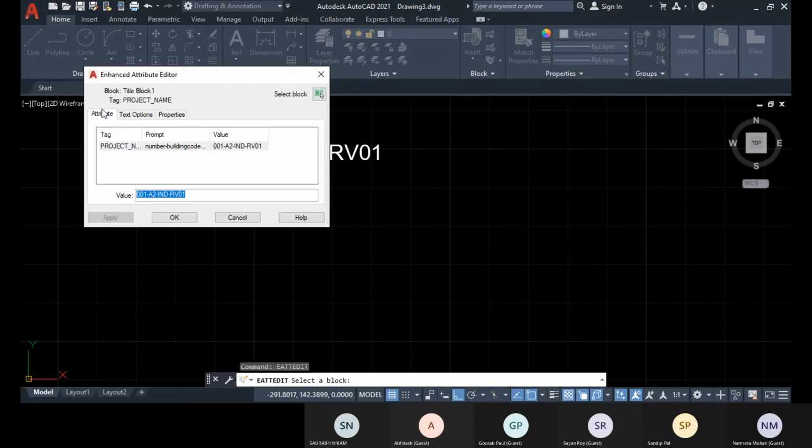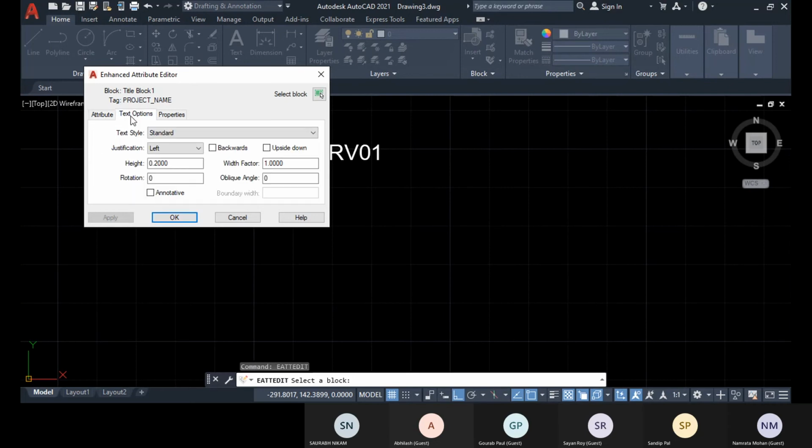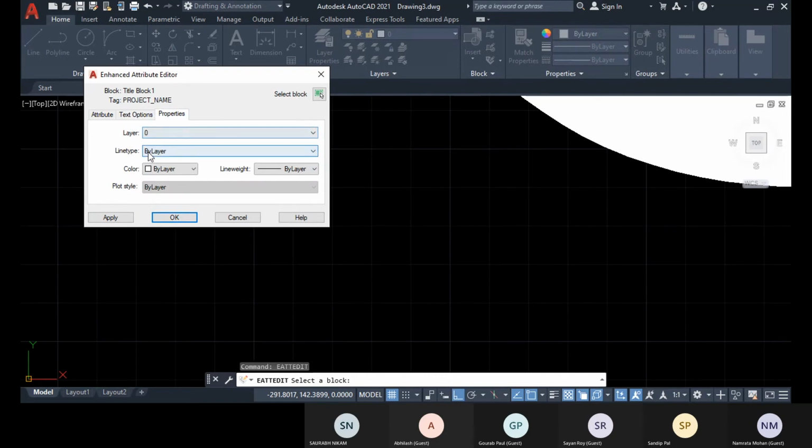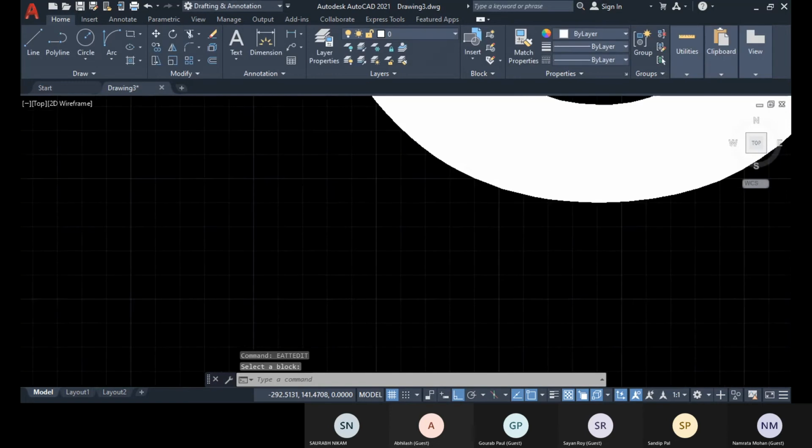Within this attribute tab you can only change the value, and you can see all this tag, prompt, values, and then you need to change the height. So go to the text option, there you can change the height. So let me give it a height like this, and if anything is to be changed, you can specify. You can give it color. Okay, these options you can give.